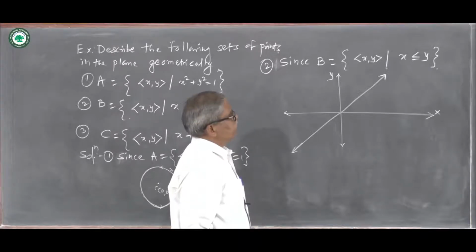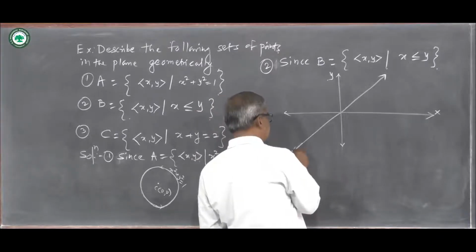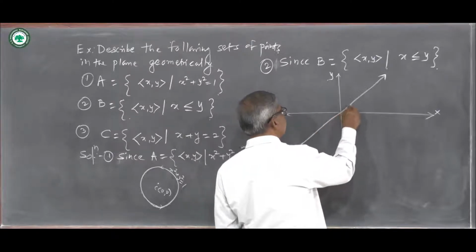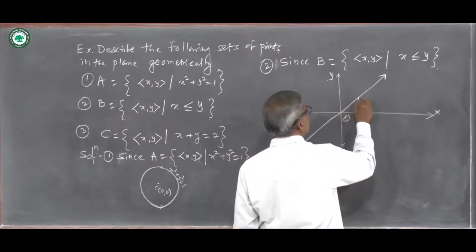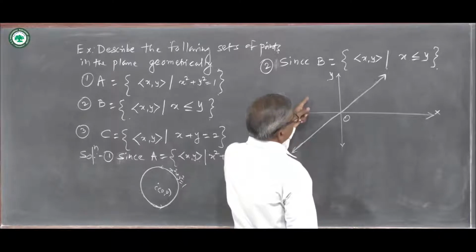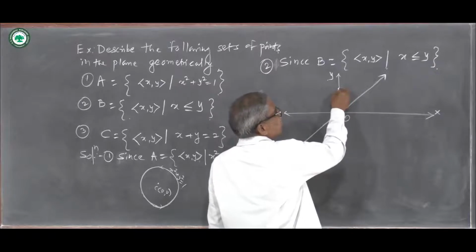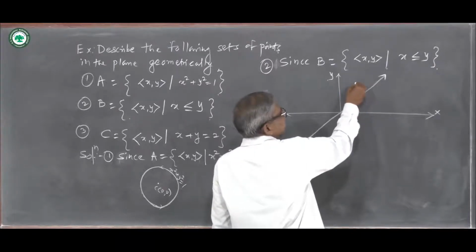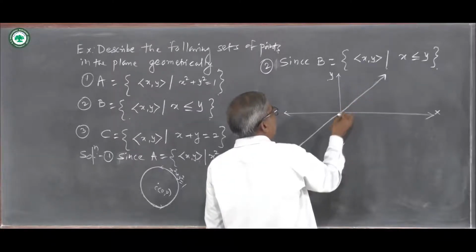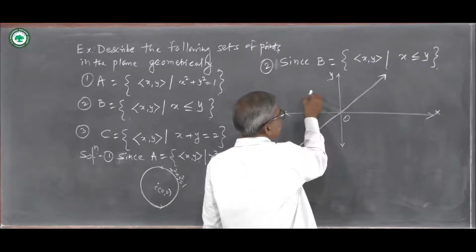This set of points x less than or equal to y, that is x is equal to y, lies on this line. This is origin O, x is equal to y, and here x is less than y. If we take 0 and 5, 0 is less than 5. 3 and 7, 3 is less than 7, and so on. All points on the line and above this line